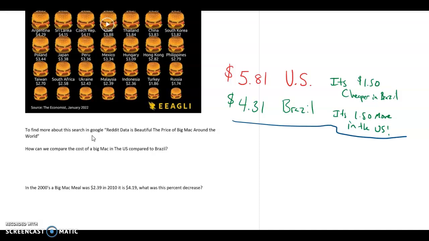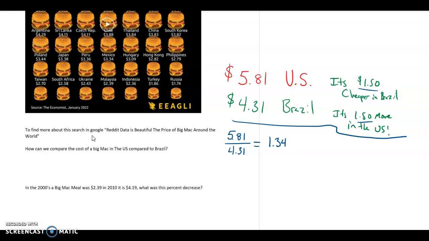What we want to think about is comparing one versus the other. So let's say I take 5.81 and divide it by 4.31 and see what we get. It's just like when we subtracted those values to compare them and found the difference between them. But what do we get when we divide the values? So 5.81 divided by 4.31 is